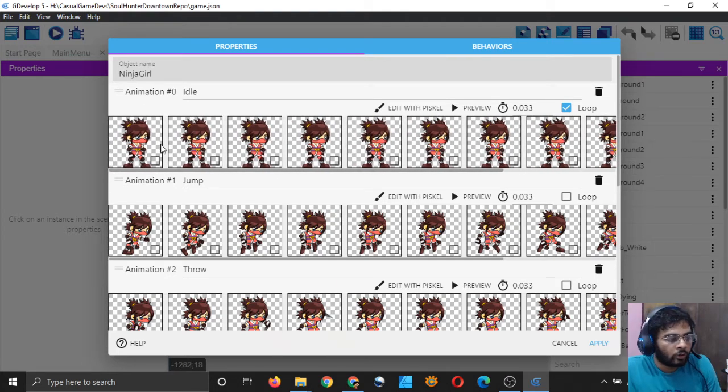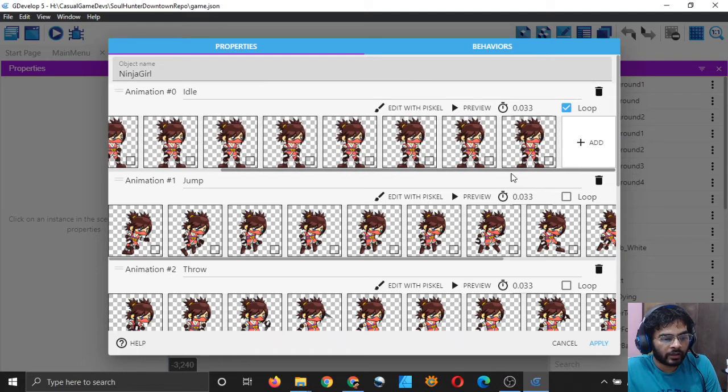images for each animation. So you don't have to change the animation, don't change the frame rate either if you don't have to. Sometimes you may have to change it, but most of the time you don't. If you import the same number of frames which you already have, then you don't have to change this.